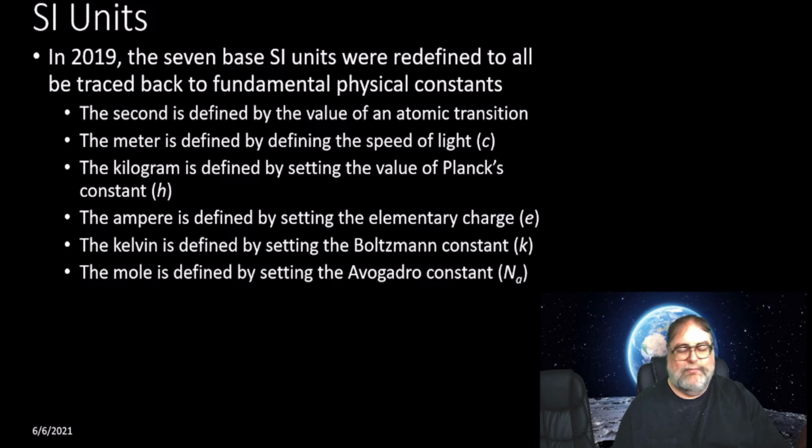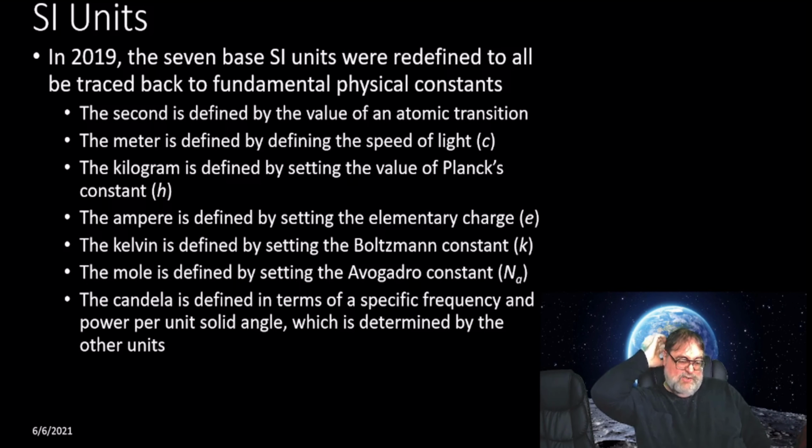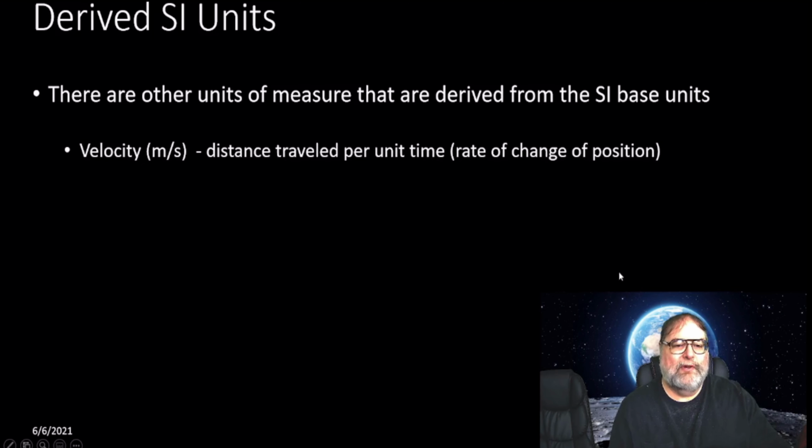A mole is, if you remember, kind of like a concept of like a dozen. A mole of things is Avogadro's number of things. And candela is kind of an oddball one in that it's sort of defined in terms of all the other units in a way. So, what are the units of measure that can be derived from the SI units? Well, it's by taking various combinations of them. For instance, distance divided by time gives you speed or velocity,